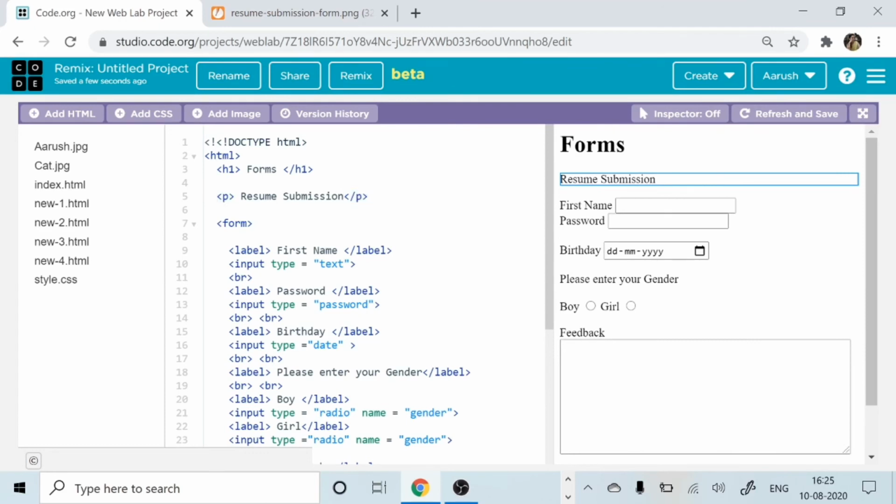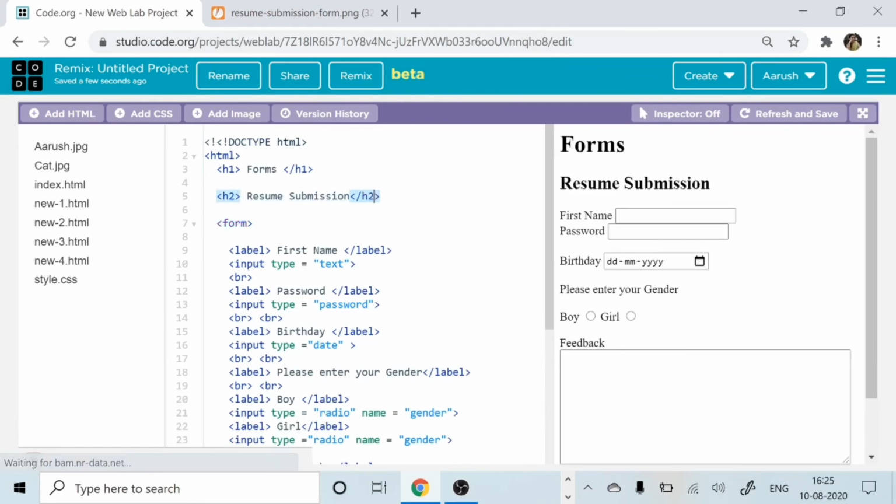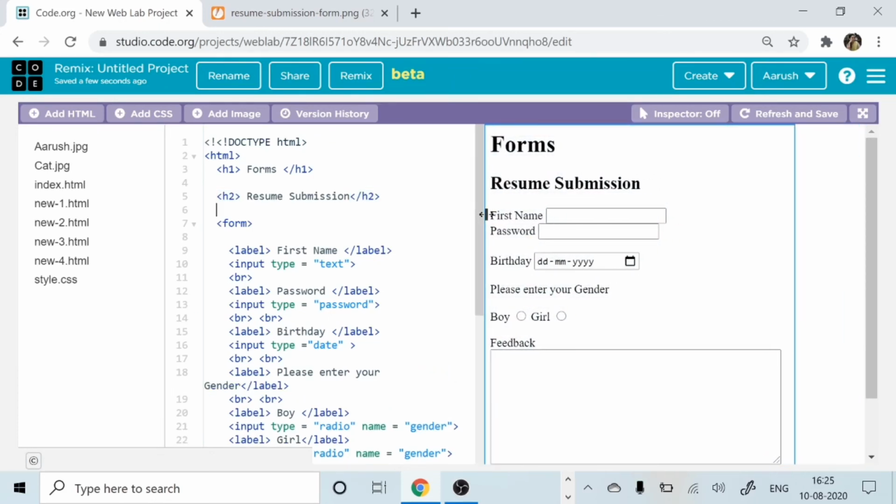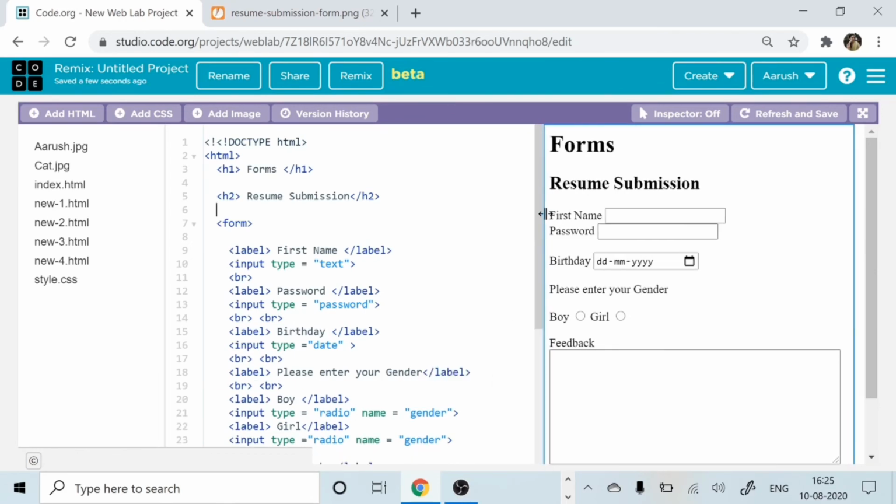Or even if you don't want to make it like this, maybe you can make it H2, give it some heading form or something, correct? And make it H2. See, so resume submission, and yes, it is in this form. Keep it a little here. No, it is a little like this.